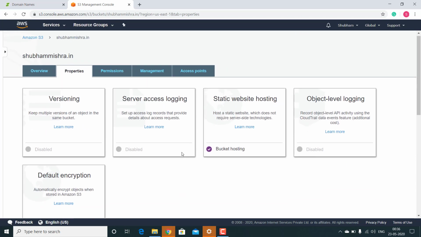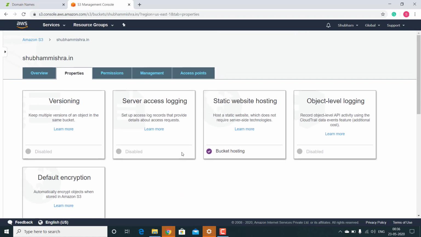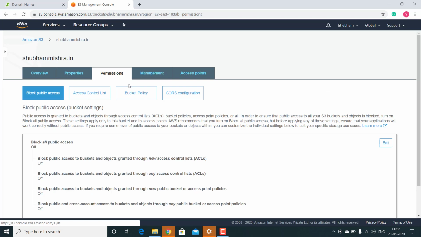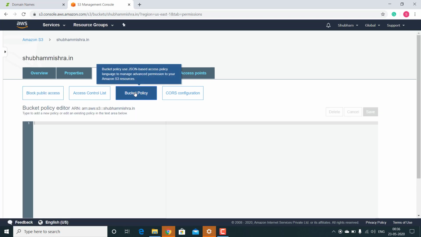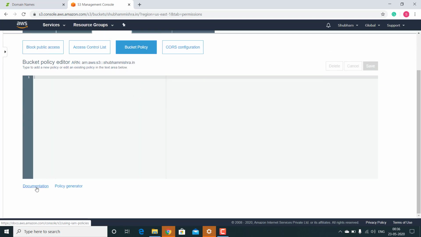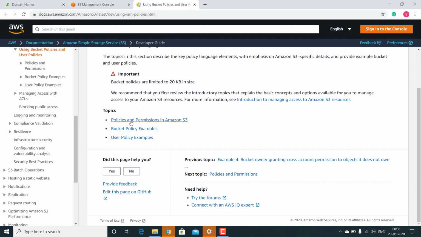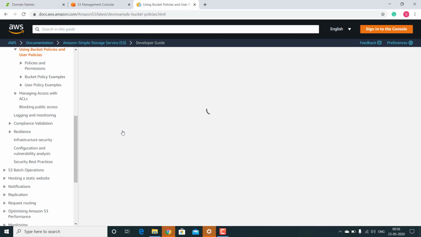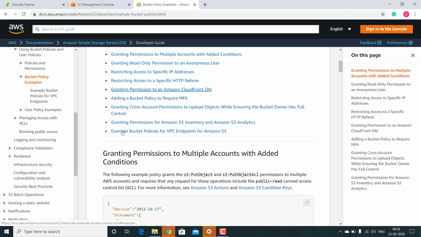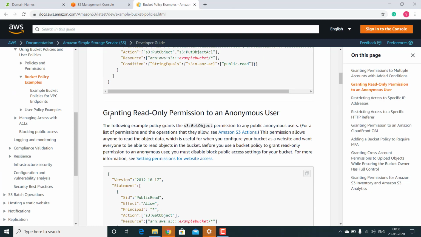Now we have to make this bucket readable for our users. So go to the permission, go to the bucket policy. After that click on documentation. After that click on bucket policy example. Now if you see this one, granting read only permission to an anonymous user.